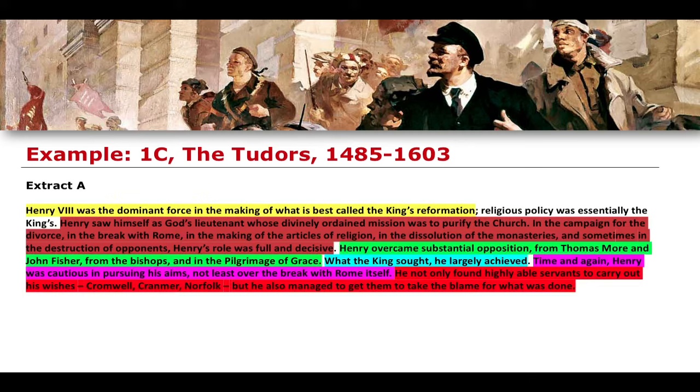So, this is the source question, not the source question, the same extract that I've taken from the previous slide, but I've highlighted different points here, okay? Some of which are good arguments, some of which are bad arguments, or some of which are potentially valid arguments or not valid arguments. The point is to just get used to and get good at being able to pick out which arguments are in here, okay? It doesn't even necessarily mean that you're going to talk about every single one of these arguments,